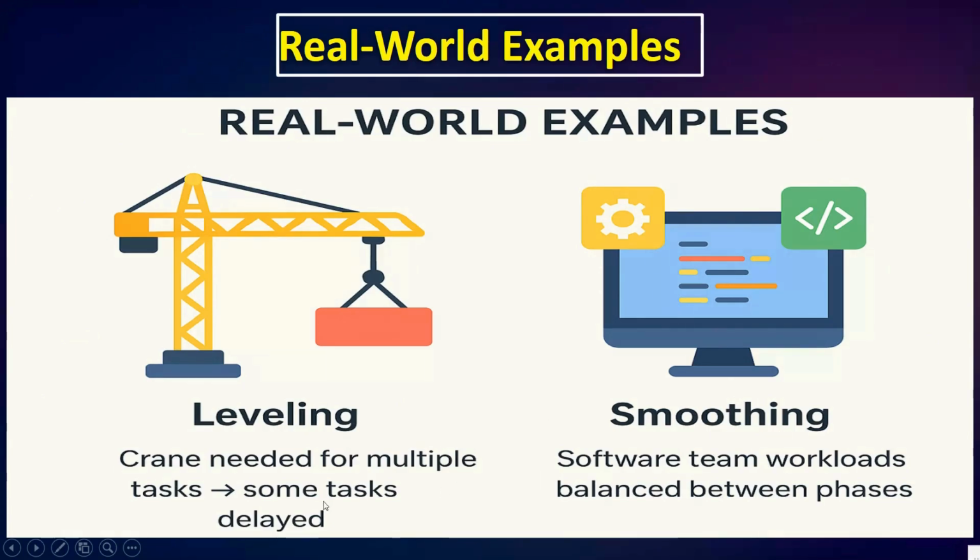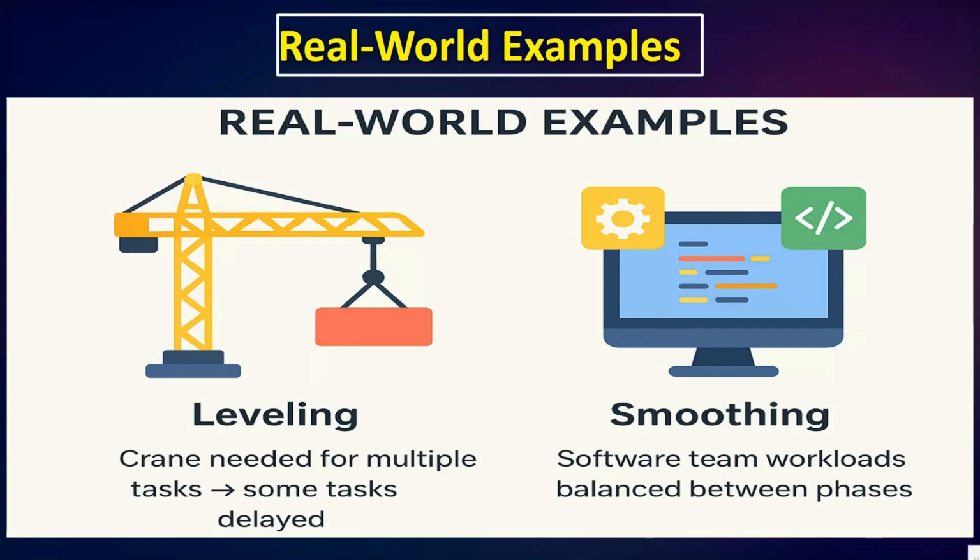Actually, this is the resource leveling: a crane needed for multiple tasks, so some tasks are delayed. Okay, smoothing: software team workload balanced between phases. In construction projects, imagine a crane is required for two tasks at the same time. With resource leveling, one task is delayed so that the crane can finish the first task before moving to the